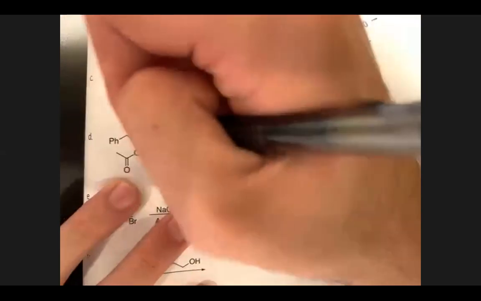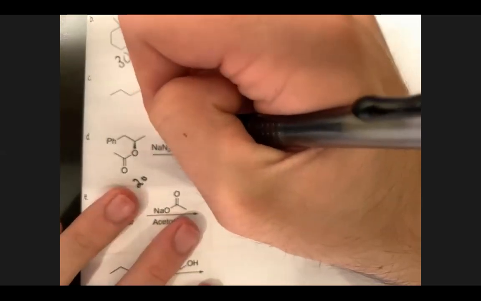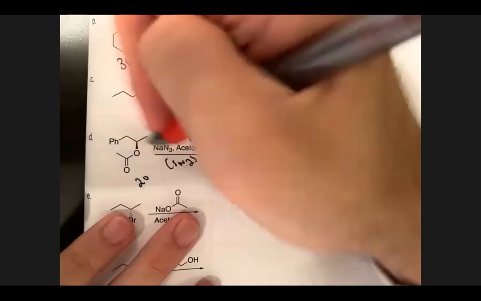For D, okay, we see that phenyl is not my leaving group, but my carboxylate anion is. So that's secondary. This is sodium azide. So N3 minus means it's strong, and acetone means aprotic. Okay, that all tells me Sn2. Remember, the mechanistic step is backside attack. So we would get